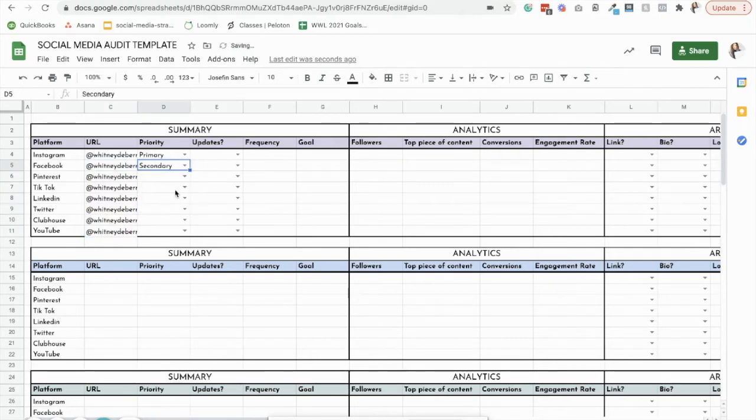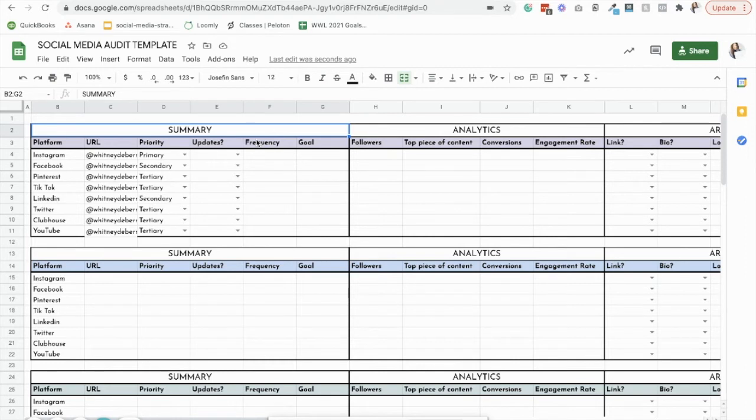Facebook, I would consider this a secondary platform. I do keep it active, but I would not consider it a primary platform. It's not a huge source of time, basically, is what I would say. Pinterest. Right now it's tertiary. It's actually non-existent for me. I'm not using it. TikTok, tertiary. LinkedIn, secondary. Twitter, same. There we go. So when I prioritize platforms, this is the way I would think of how